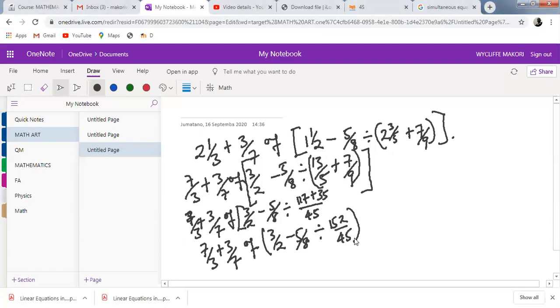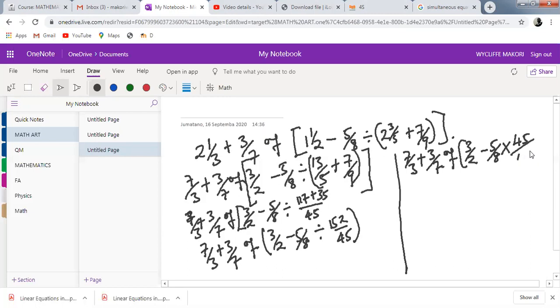Then now we can come here and work out the division part. Inside this particular bracket, we have the division. So we can have 7 over 3 plus 3 over 7 of 3 over 2 minus 5 over 8 times, instead of the division, we can multiply by 45 over 152,